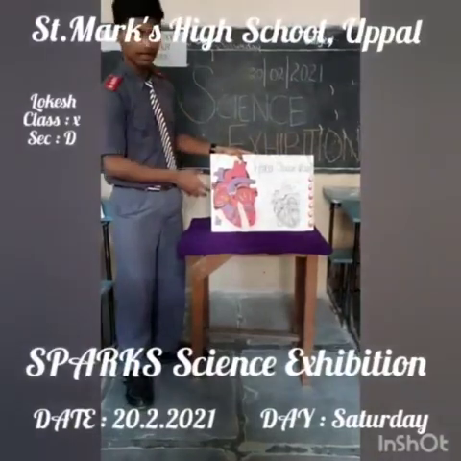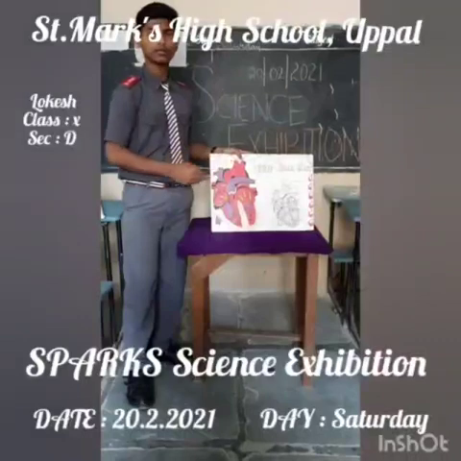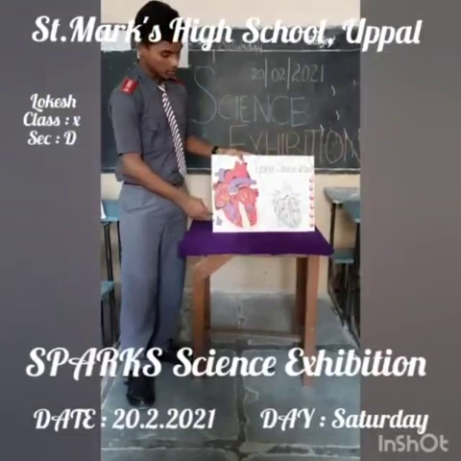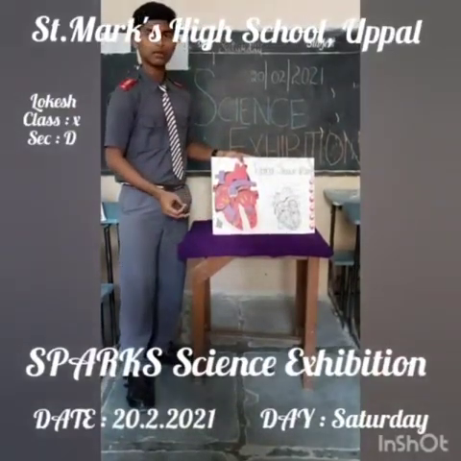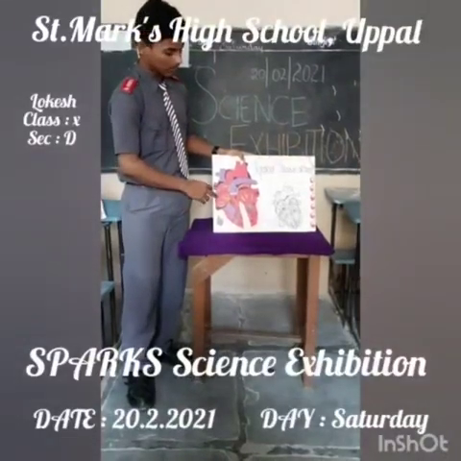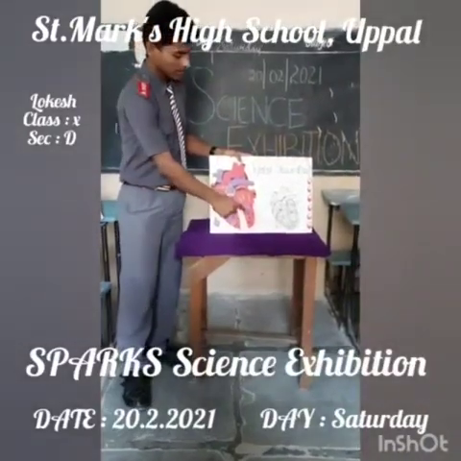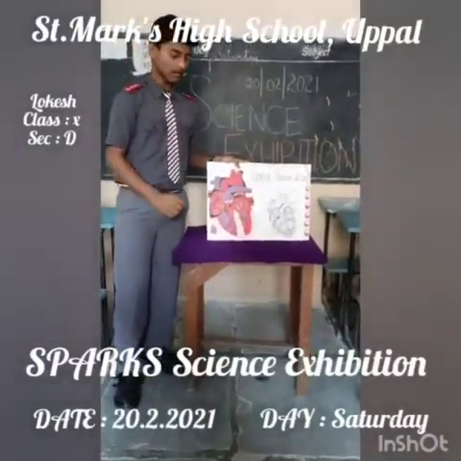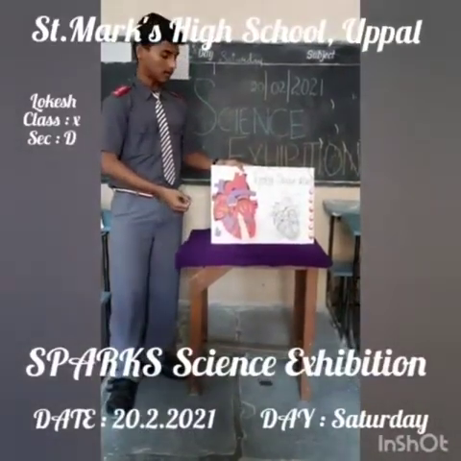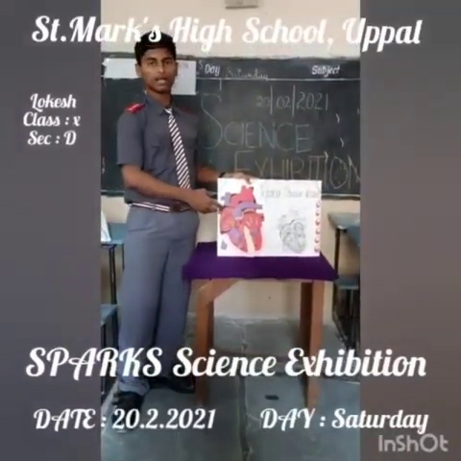The heart transports blood to all parts of the body with the help of arteries through blood vessels, and the deoxygenated blood from the body enters the heart through veins. Here the deoxygenated blood which is collected from the body moves through valves. Here the left valve is called the tricuspid valve and the right one is called the bicuspid valve. Thank you for this opportunity given to me to explain about the heart.